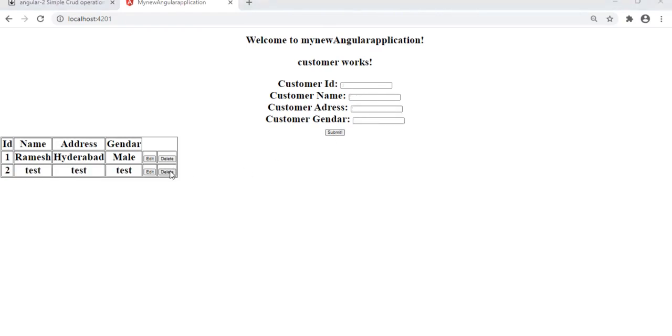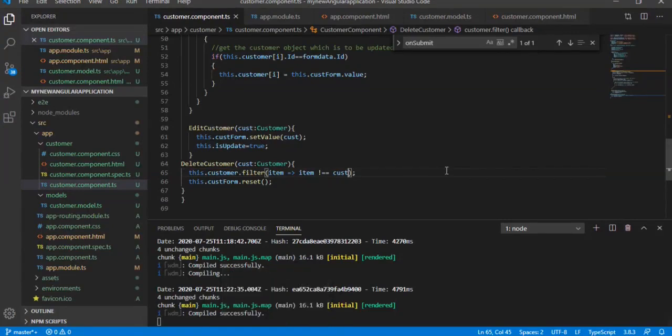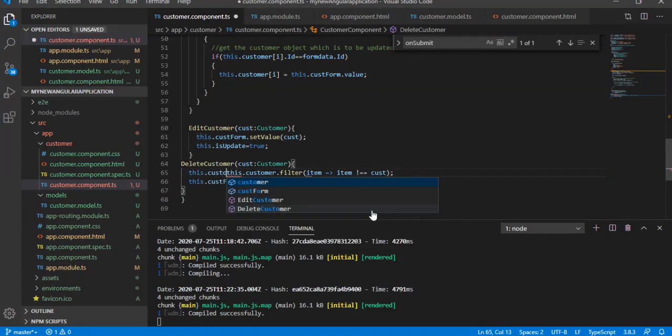Still it is not working. Okay, we made a mistake actually. This dot customer equal to this dot customer dot filter. This we have to write now.